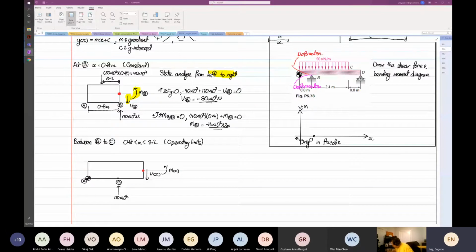So we have another load acting on the center because it's evenly distributed, right? So you have a load down here. So this will be 50 times 10 to the power 3. And now it comes back to X, right? Because it's a range, we are going to form equations. Okay, so from here